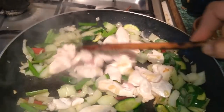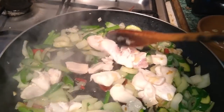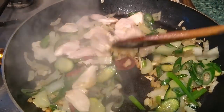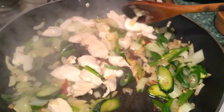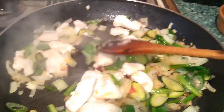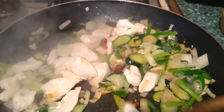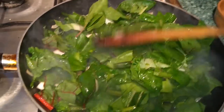So that's probably going to be about 2 or 3 minutes more really, just to cook the chicken, and then I'll put the garlic in. Yeah, so the chicken's lost the majority of its pinkness now. You can't really see it on the outsides of the chicken pieces. So it's time to add in our leafy greens, because they'll only need a minute or two just to wilt down, really. So you see that go in there. Now,